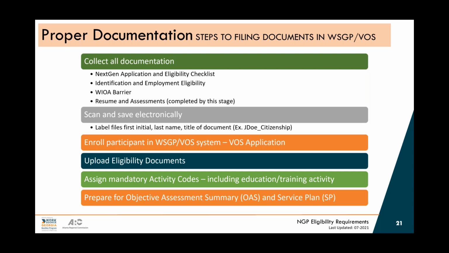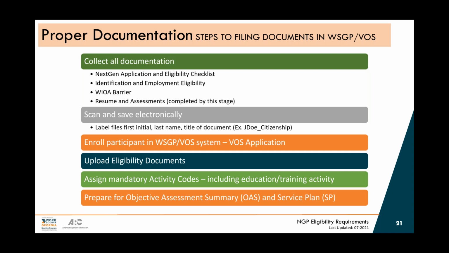So the first step was scanning the documents into your computer. Then the next step would be uploading those documents to VOS. After that, you have some mandatory activity codes, which represent the services that you provide. So you'll have an activity code for GED. That represents that you're providing the service of GED. This person is getting GED services from you or your community partner. So there are some mandatory activity codes that you must put in right away. And then there are additional activity codes that you will use as you're going along.